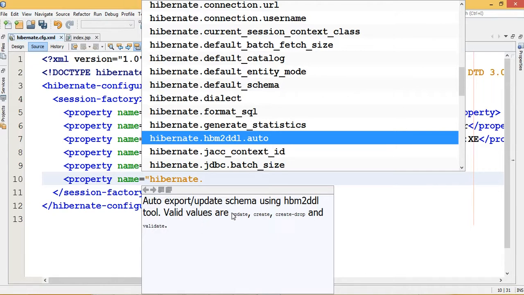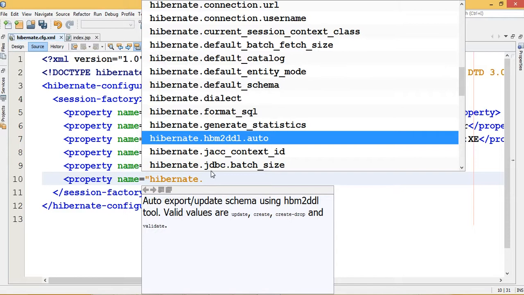That property has 4 different values. So with hibernate.hbm2ddl.auto, if you write update, then if the table is already created, it will update the table. If you want to create a new table automatically, you write create, and drop. If a table name is already there, it will be dropped and created again.